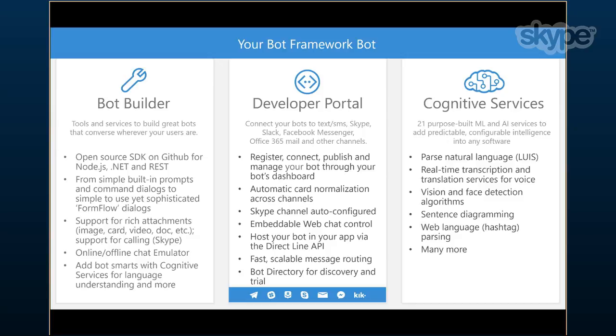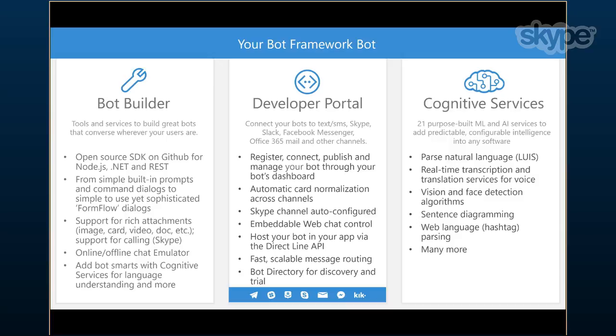So the developer portal, this is the place that you would go to, botframework.com. You would sign in using your Microsoft account, and then you'll register your bot. This means that you give your bot a name, you provide the endpoint address for your bot, and you also generate an application ID and an application secret that would need to be given to your bot to secure the messaging channel between the bot framework and your bot.